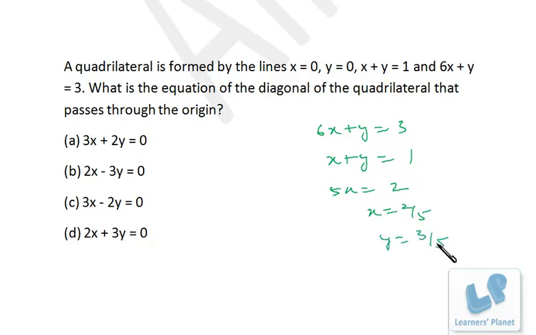Now you don't have to make any equation, you just put the value of x and y among the options and just get the correct answer. Now since x and y both of them are positive, so these two are already eliminated, because if you put the positive values of x and y, you cannot get 0. Now put x is equal to 2 by 5 over here, that's 4 by 5 minus 9 by 5, that's not 0. Here it's 6 by 5 minus 6 by 5, that's 0. So the problem can be done in seconds, right? I hope you are clear.